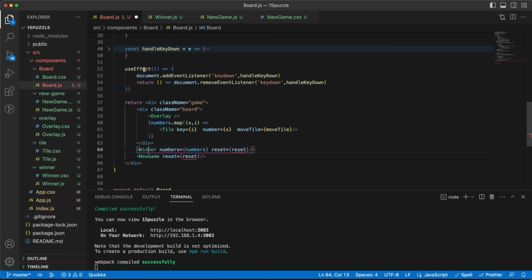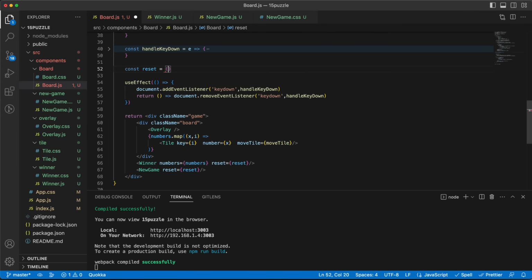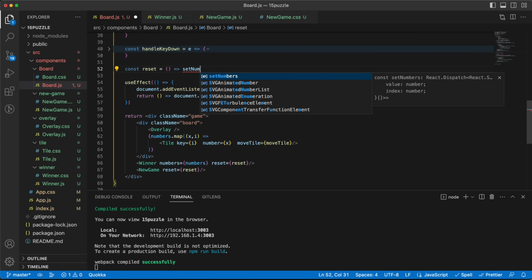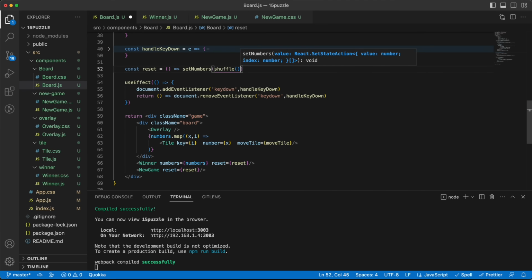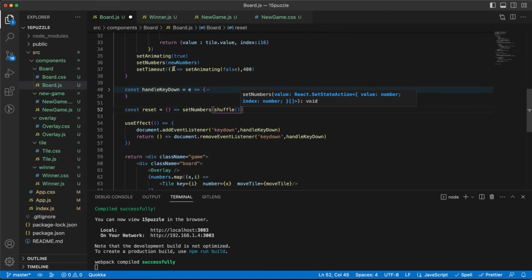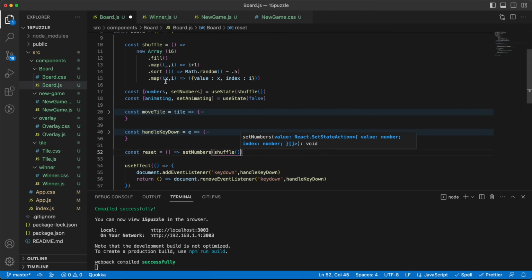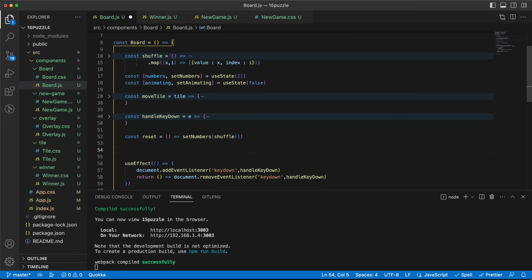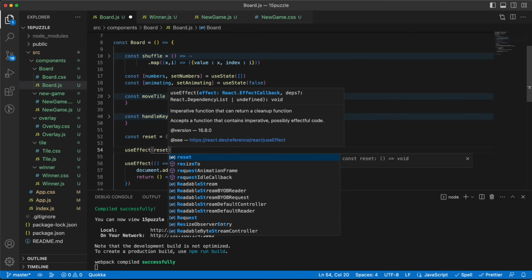Okay, but what is the winner? I mean the reset. Reset will basically reset the numbers. So I would just say set numbers, and call the shuffle function on them, and this should work the same. But before I test that, I would like to have the shuffle moved from here and place it in an effect, like so,